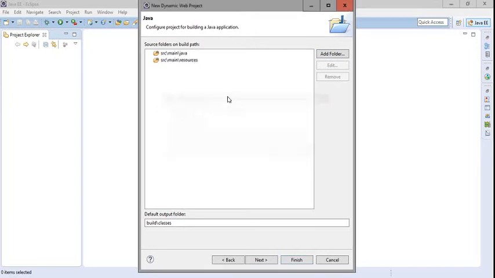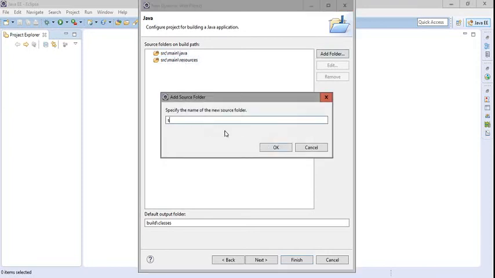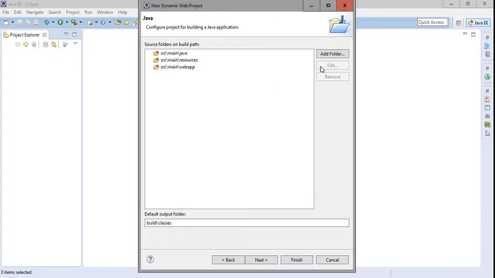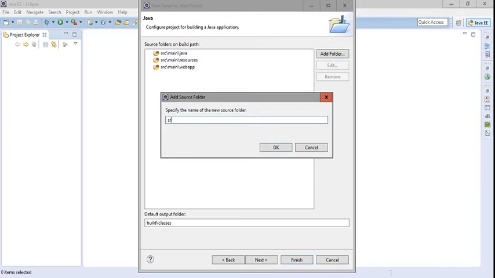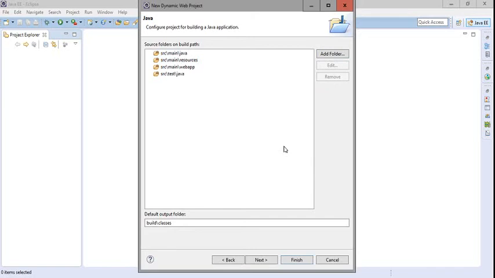Like Java, to place all our Java files. Resources, to put our static resources like CSS files, JavaScript files, images and all that. And one folder, webapp, to save the pages of your web application, and one final folder to save your test cases. So these are the 4 directories which you have to create in this project.